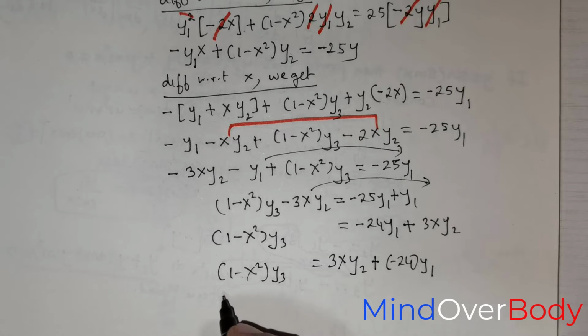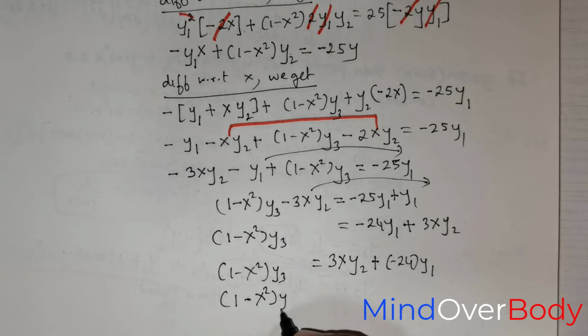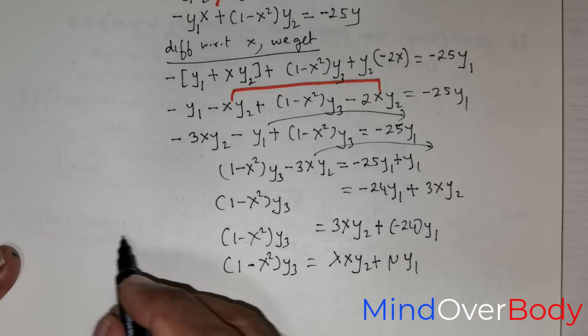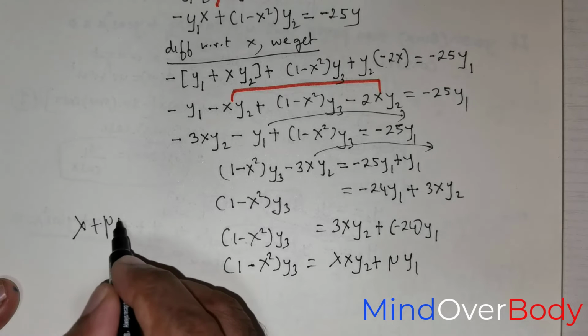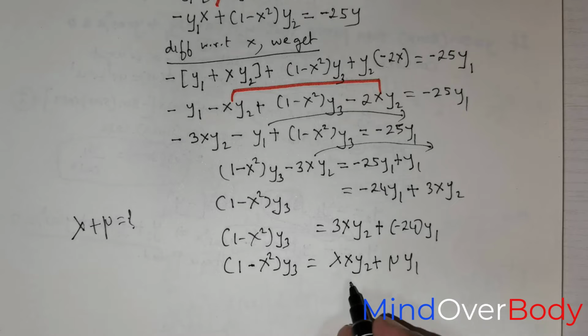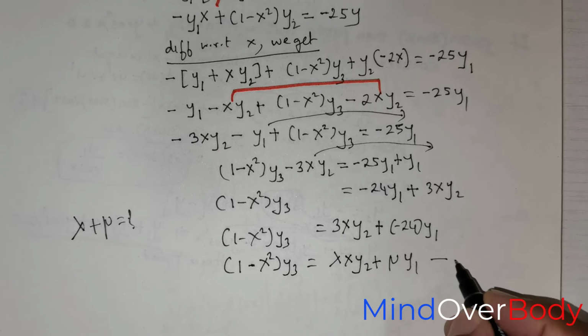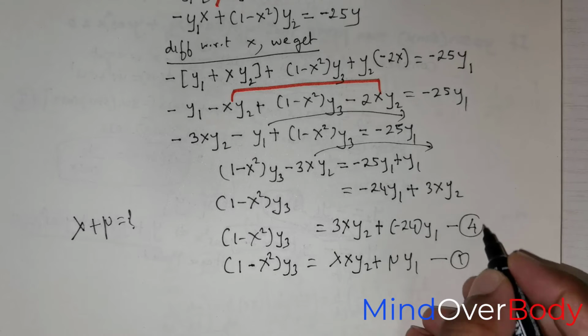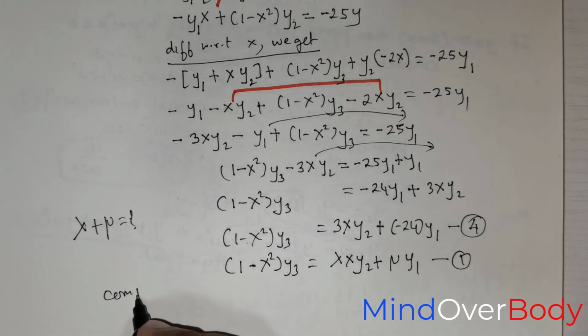So let me rewrite the problem down. The problem is given to be as 1 negative x squared times y3 is equal to lambda times x into y2 plus mu times y1, and then they want us to find the value of lambda positive mu, what exactly this would be. Now if you were to compare this, so this is the original system, I'm taking this to be say sum 4, comparing